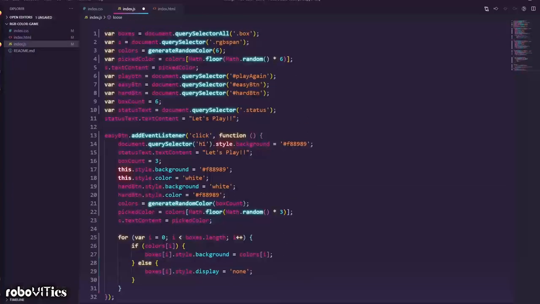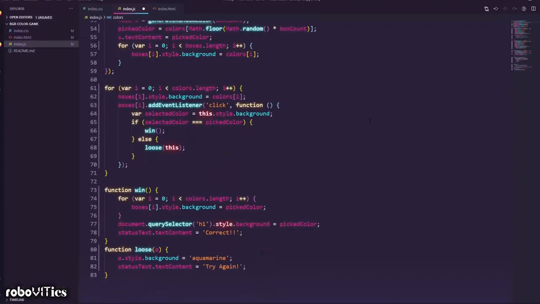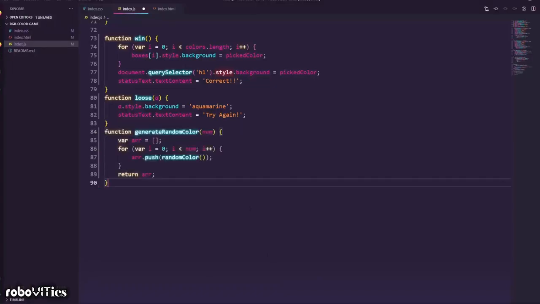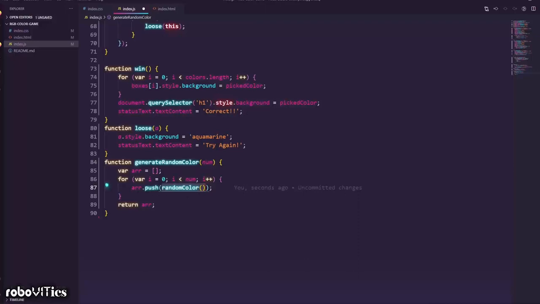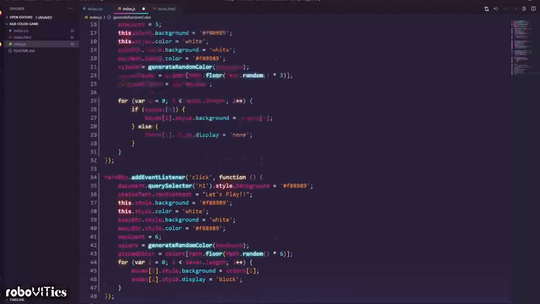Now earlier I had told something about this generate random color, right? So let's define that function. So we define a function called generate random color of now, and it takes a number and generates an array of that many colors. So we define an array as an empty array. Then we have a for loop from 0 to now. So 0 to 3 or 0 to 6. Then we do array.push of random color. So this random color is another function which we'll declare down here. So random color would be called, which returns a string in random color. So an RGB value would be returned, and that would be added to the array. So they will be added one after the other, and that array is returned and saved in colors over here.